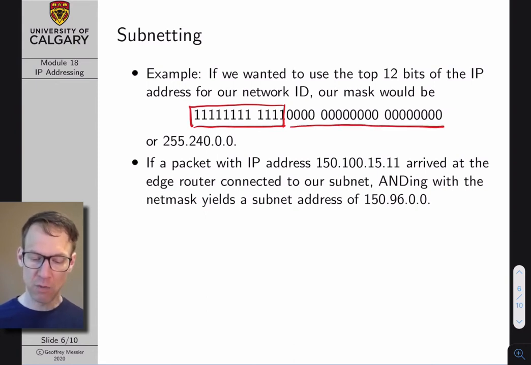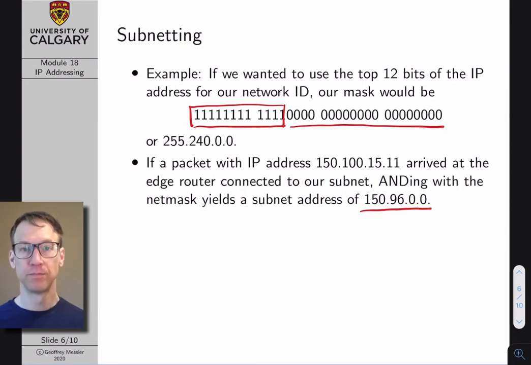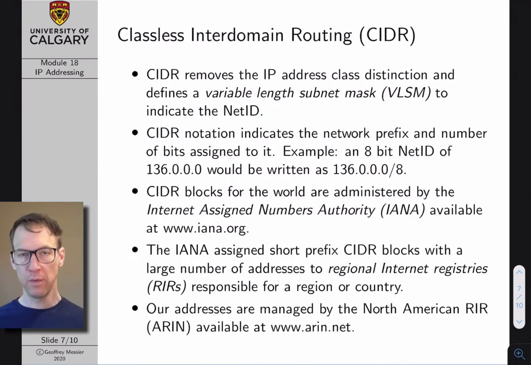So if a packet with address 150.100.15.11 arrived at our edge router, we would AND with our subnet mask, and then we would extract only the top 12 bits for our network ID, which would be equal to 150.96. And so with the introduction of subnetting and the notion that we can have a variable number of bits assigned to our network ID,